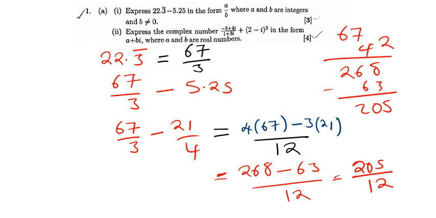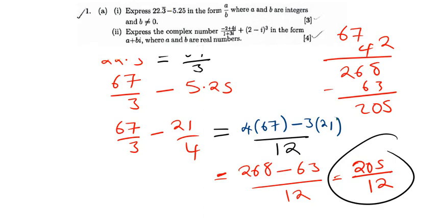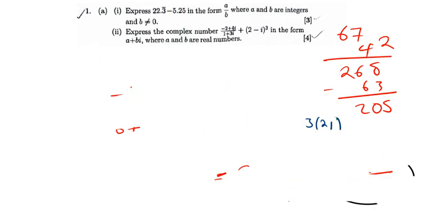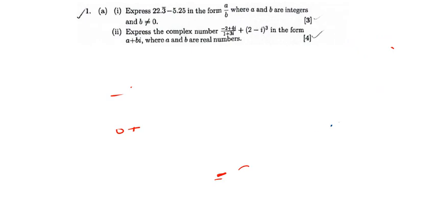So we've actually now expressed the difference of that in the form of A over B, which is a fraction, right? So we've handled the first part with confidence. And so in summary, you can't subtract a recurring number with a non-recurring number. So first of all, we would want to convert the recurring number into a fraction itself, and then even the other decimal number into a fraction, and then you subtract the fractions. Subtracting fractions will give you a fraction,